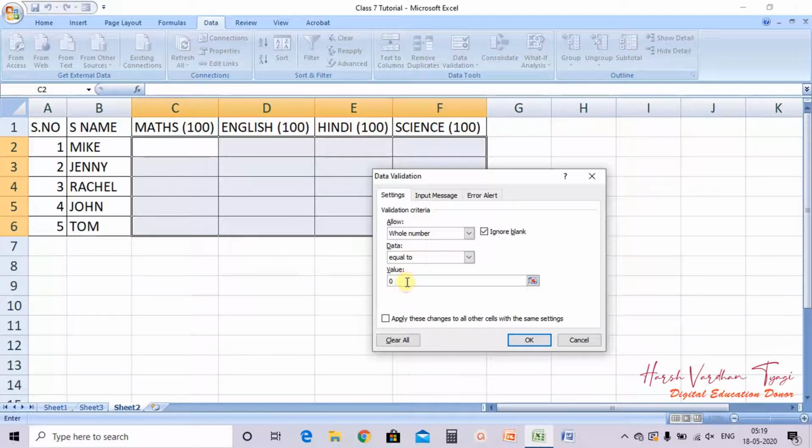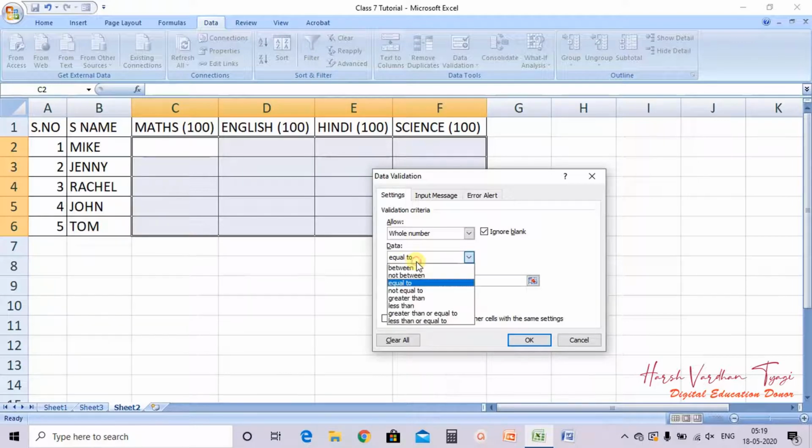It means that you have given a specific digit and the number which is less than or greater than, or not equal to the value you enter here, will not be accepted. Suppose I have entered here 85. So it will only accept the value 85. If you are entering 84 or any other value than 85, these cells won't accept.